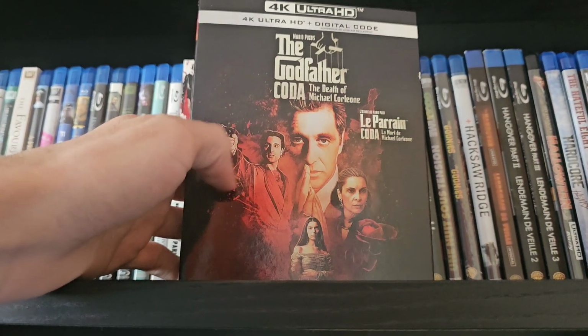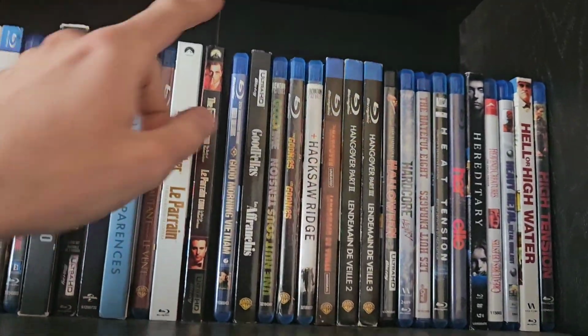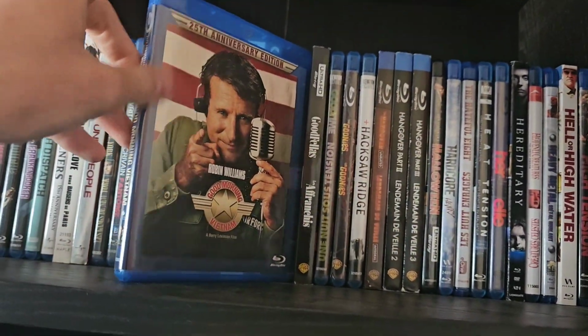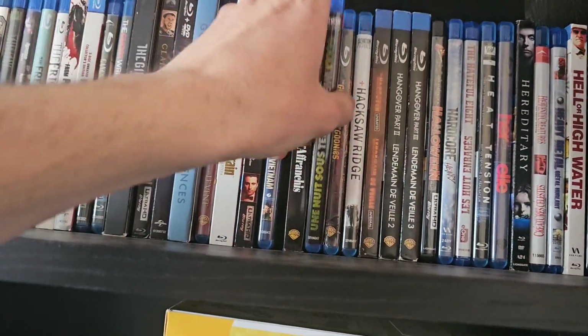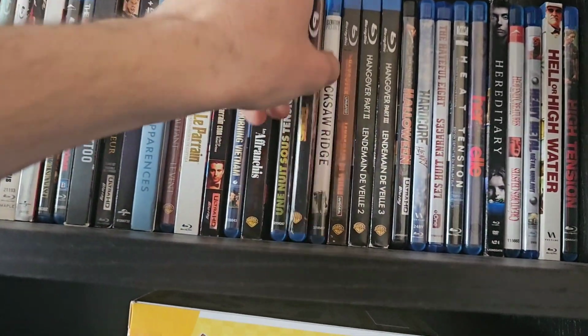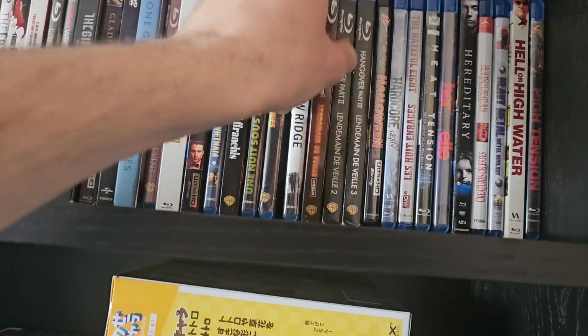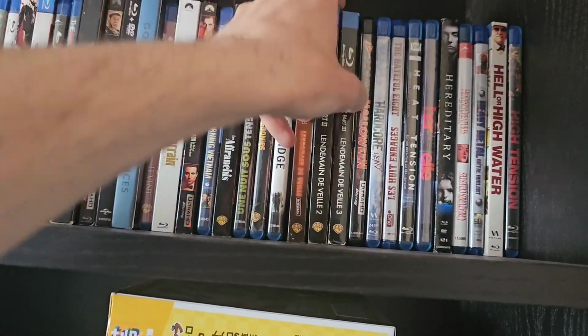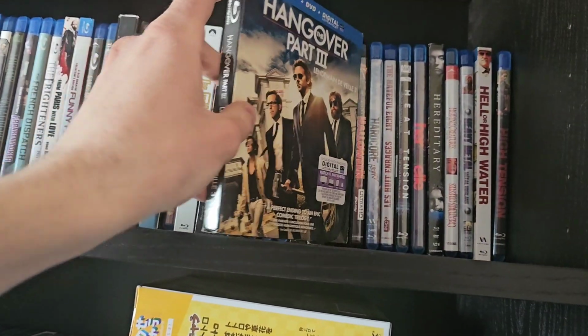I actually haven't watched this cut of the movie yet. I should definitely get around to watching it at some point. That's on 4K, by the way. Good Morning Vietnam, Goodfellas on 4K, Good Time, The Goonies, classic, Hacksaw Ridge, The Hangover, Hangover Part 2, and The Hangover Part 3,